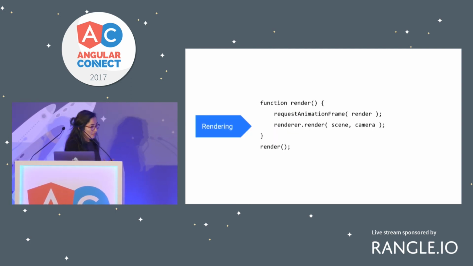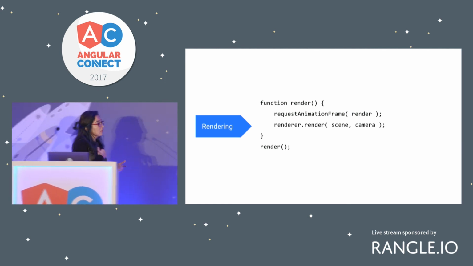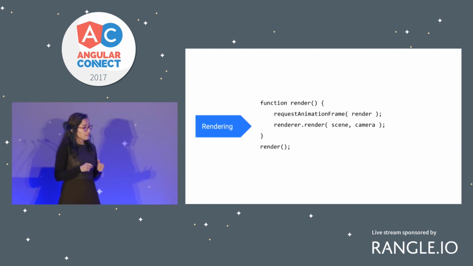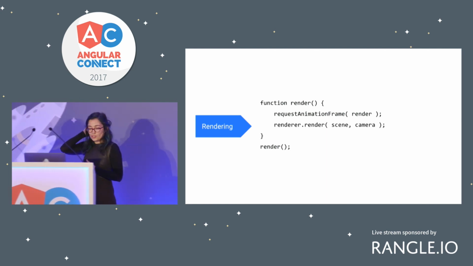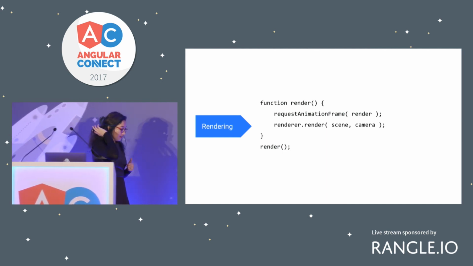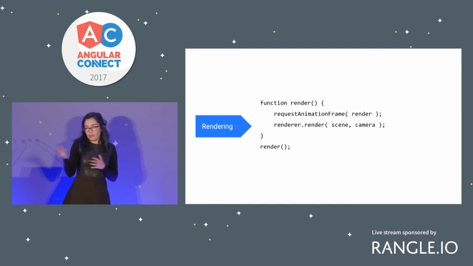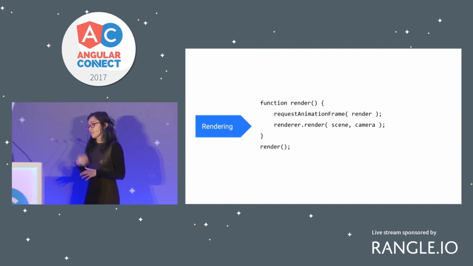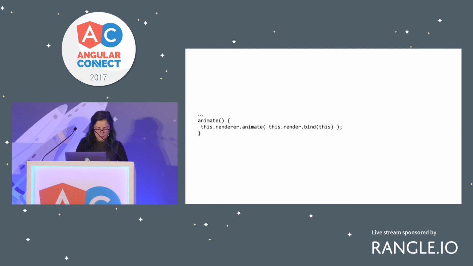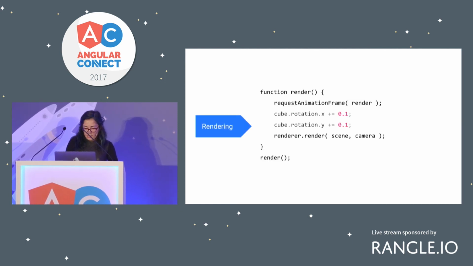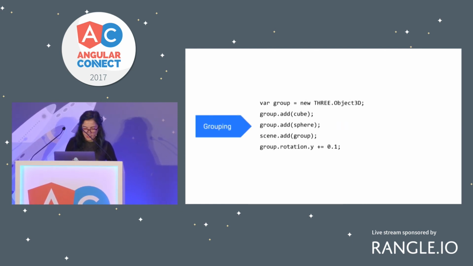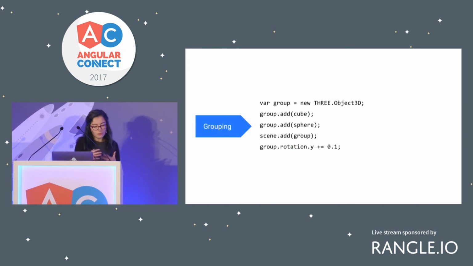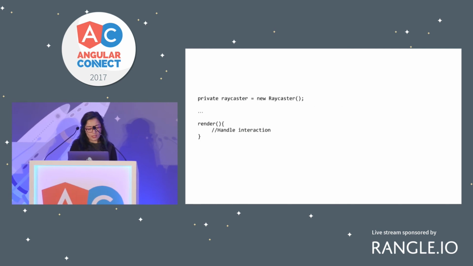And finally, we have to render everything over and over. And that's why we need to use requestAnimationFrame, because, so as not to make our users very dizzy, we have to render everything at 60 frames per second. And we talked about animate. One very useful tool is to have groups as well. In our case, our room was kind of acting as a group, but it's very easy to group things together and then animate them all together and add them together.